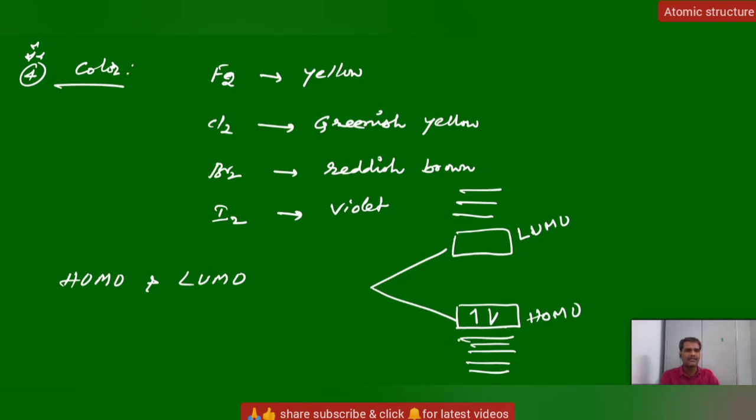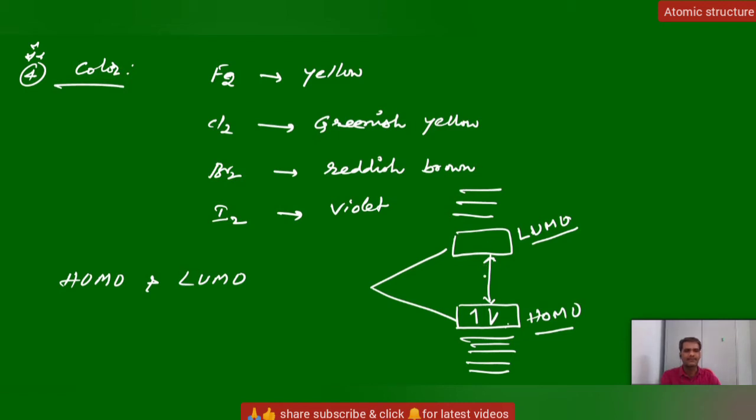So out of all molecular orbitals, the occupied molecular orbital with the highest energy is the HOMO, and over that, the unoccupied molecular orbital with the lowest energy is the LUMO orbital. Now the gap between this HOMO and LUMO, see here, this is the HOMO-LUMO gap. So here this HOMO-LUMO gap matters.